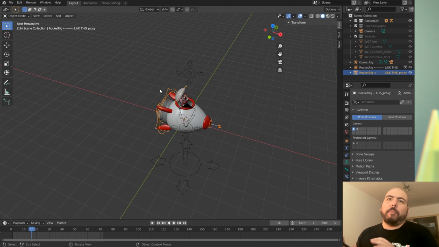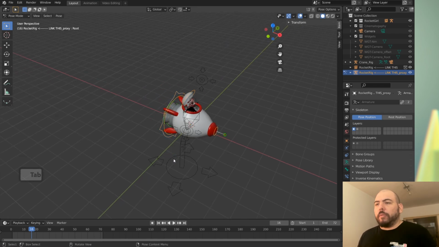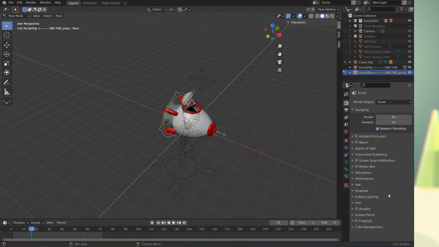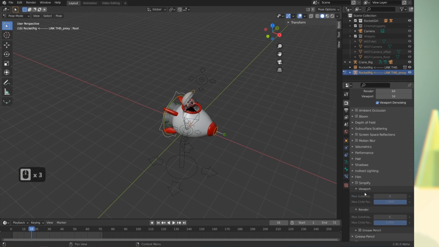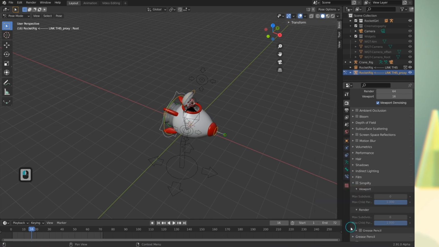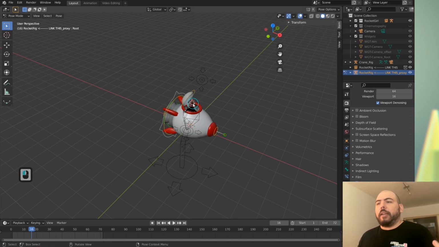And so on the playback and performance side, one thing I like to do is go into post mode and then hit the, what's it called? This one, I never remember what its name is. Render properties. You should have a render properties title here. Anyways, then go to simplify and turn that to 0, even if it's off, doesn't matter. And then right click the simplify tick and add it to my quick favorites because that's gonna change your life. So you press Q now and you get simplify.